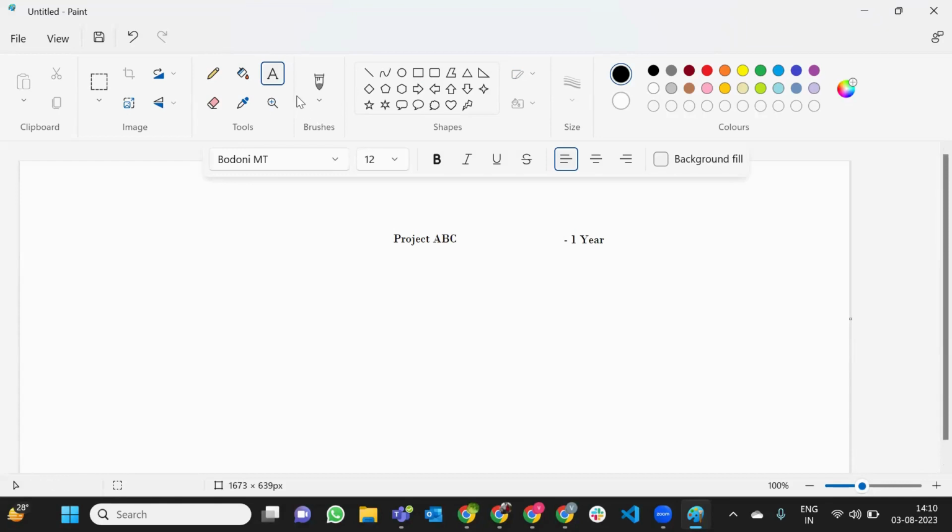Now, guys, for example, there is an 8-member team working on this particular project. If they work continuously, they will finish this project in a year. They have started this project on January 1st. They have got the requirements from the client, and they started with the requirements, and after that,